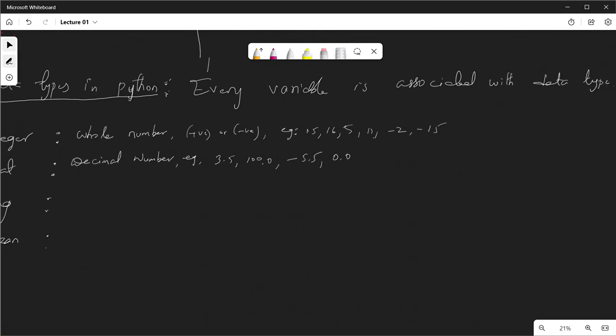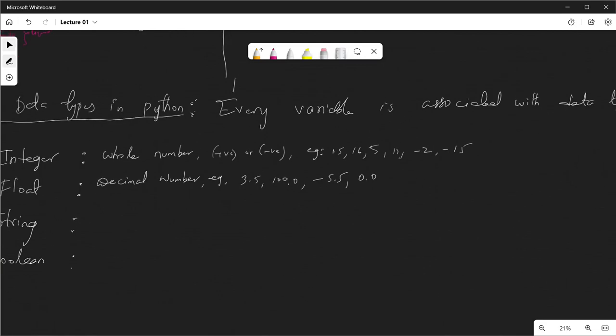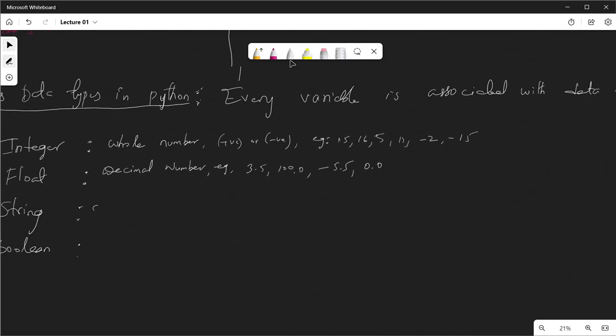So I'll write it here. String. You can note down these definitions. Strings are a sequence of characters